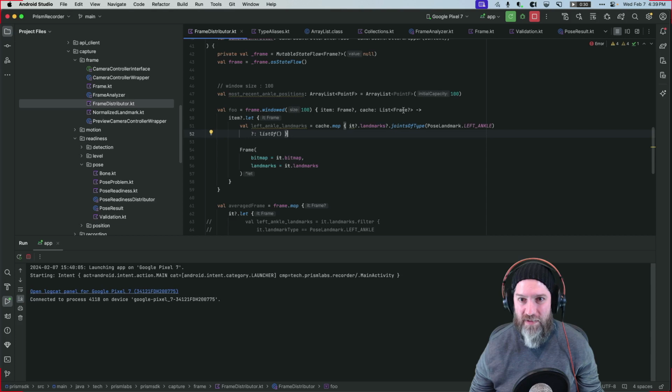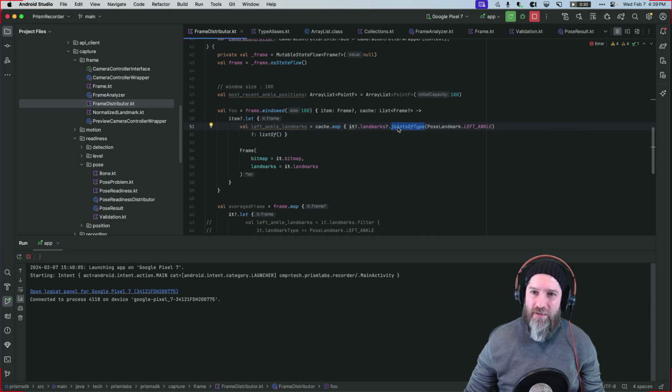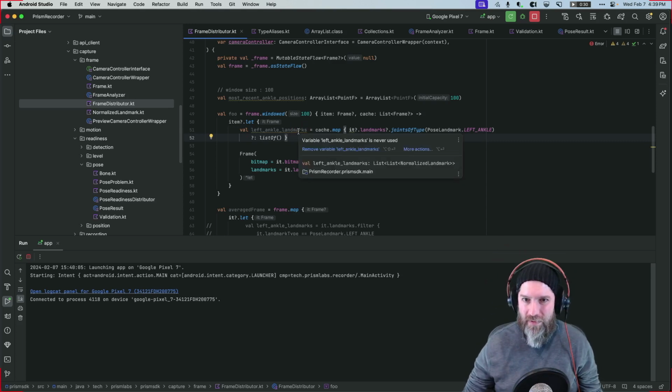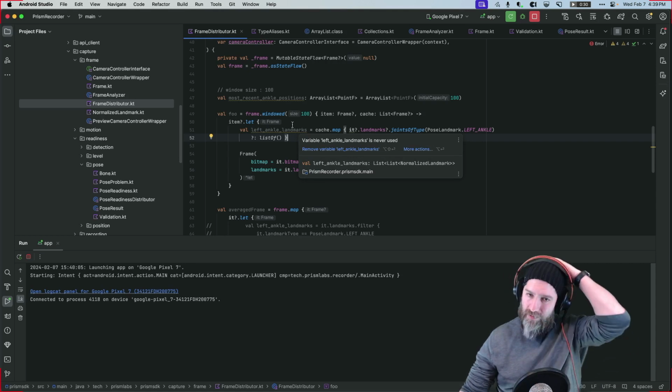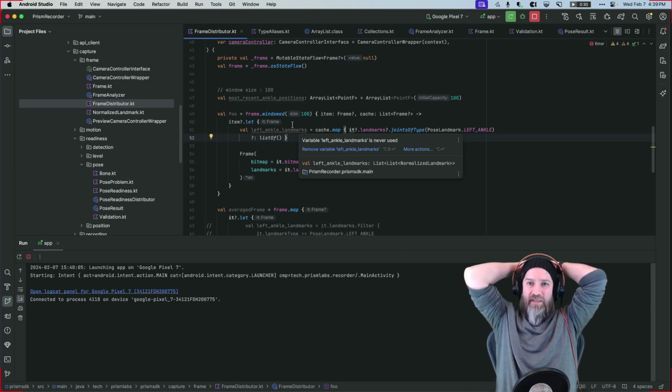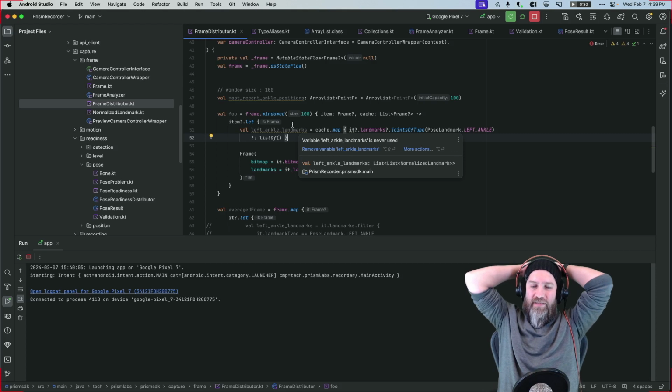We're going to return a list of... This thing returns a list of normalized landmarks. So we're going to return another empty list of normalized landmarks. And so the return type, hover over this. List of... yeah, that's correct. Okay, so we're gonna have this list of lists of normalized landmarks, but